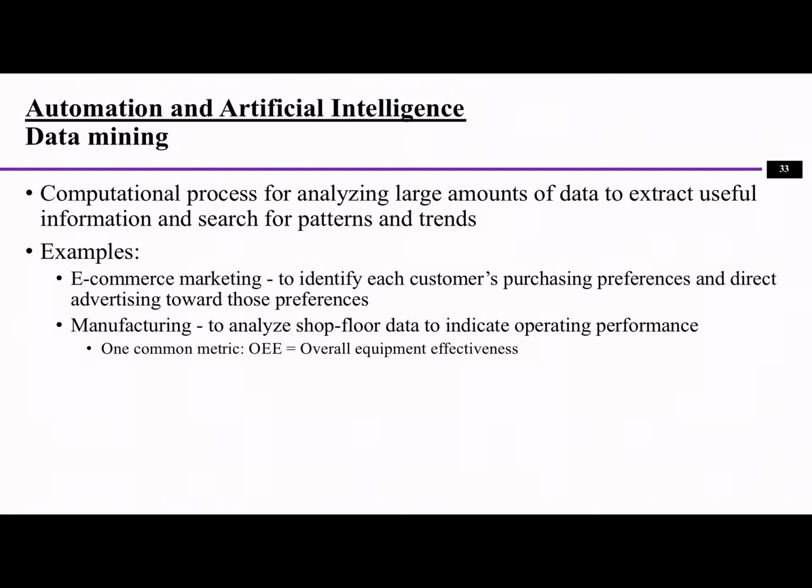And so data mining. Data mining is a computation process. Basically, it's to reveal or unveil some of the patterns or phenomena that are hidden in the data. So what it means is, when